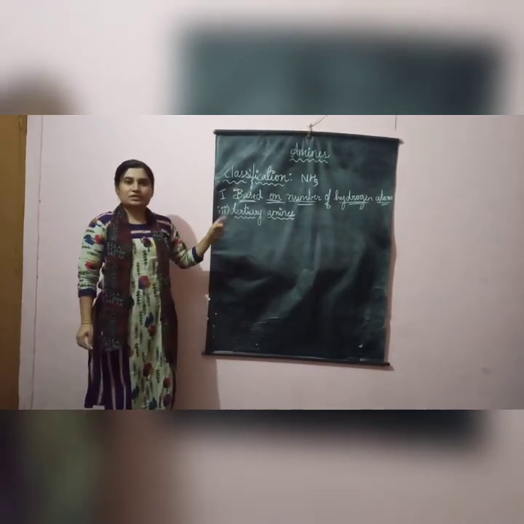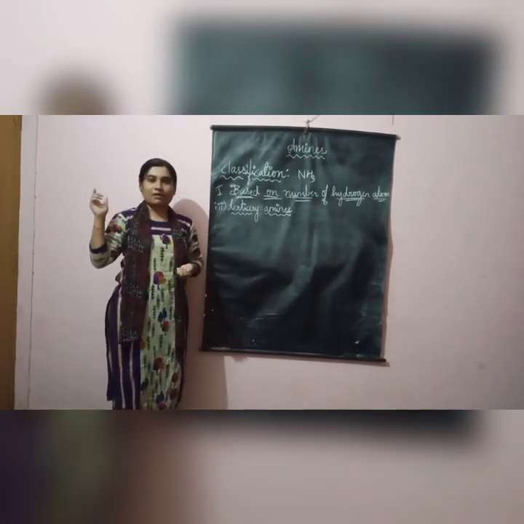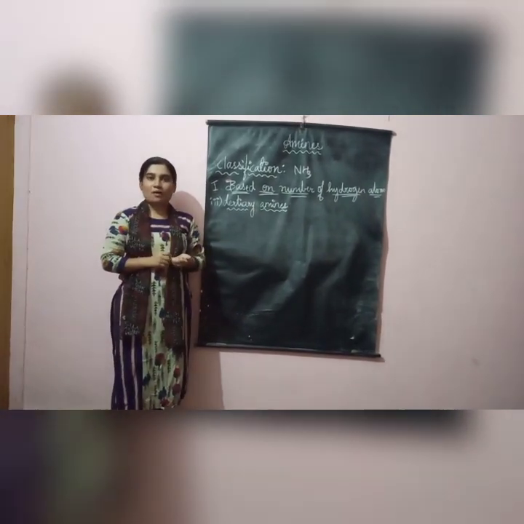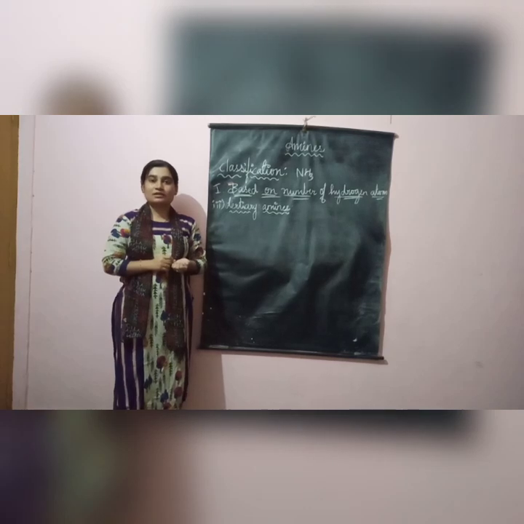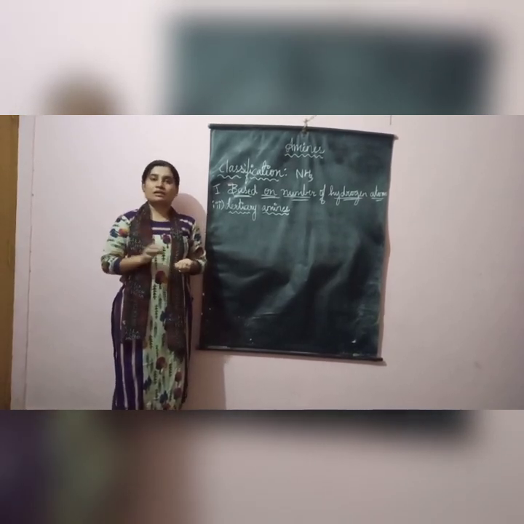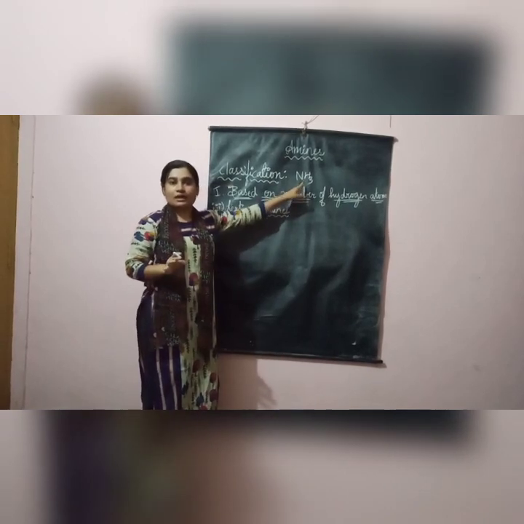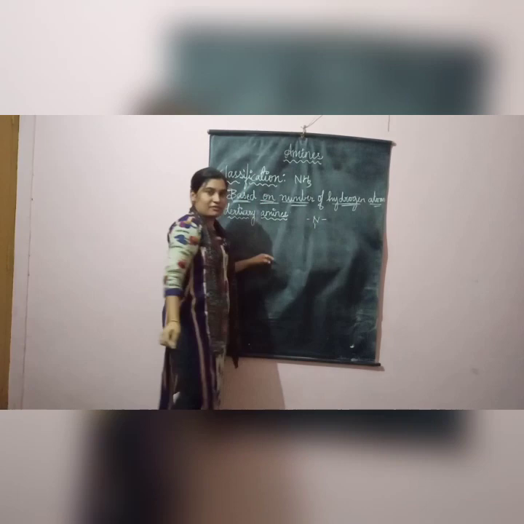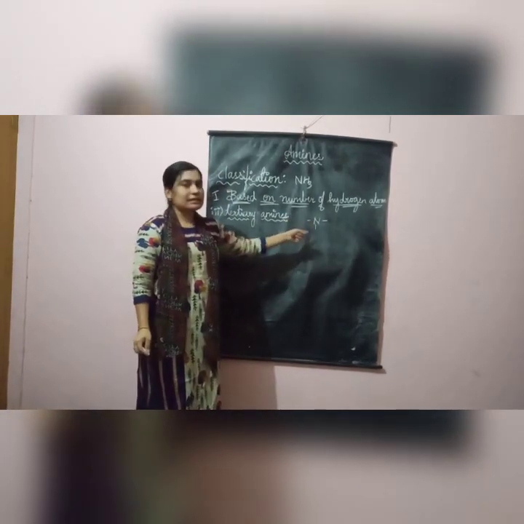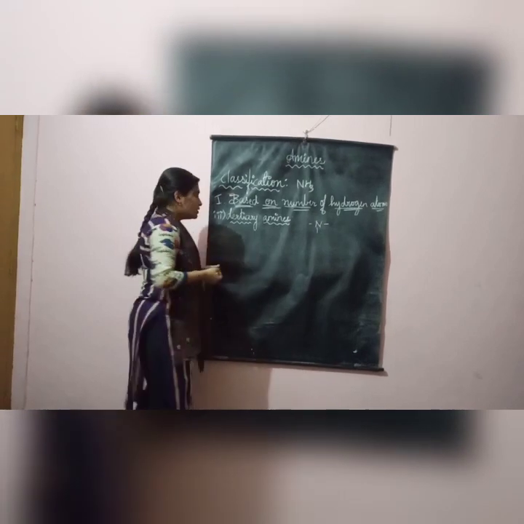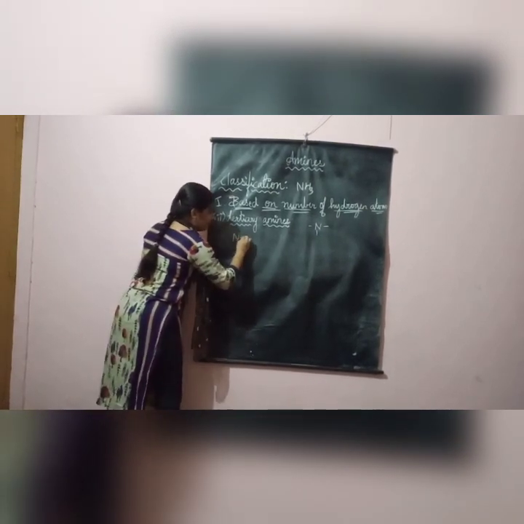Next, starting with tertiary amine. I have completed primary amine, I have completed secondary amine. Next, moving to tertiary amine. This is also understood now. What will you be doing in tertiary amine? You will be replacing all the three hydrogens from ammonia. From ammonia, going to remove all the three hydrogens. So what will be left now? Only N will be left with three empty spaces, and these three empty spaces can be replaced by alkyl or aryl groups. So how can I write the example now?